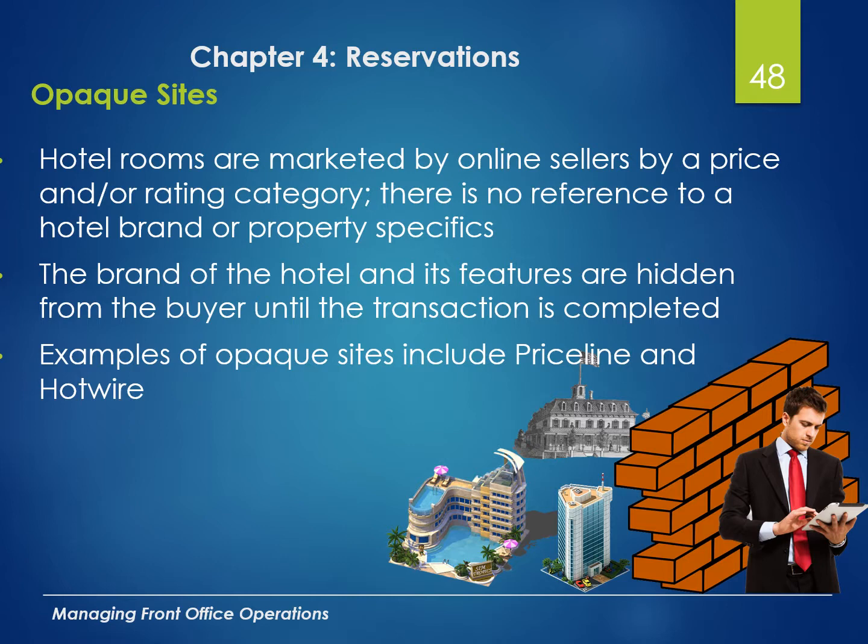But you don't get the actual information until you make the reservation and you pay for it. So an example, a few years ago, I was in Edinburgh, Scotland, and I used Hotwire to make my reservation. I just looked for a 3-star hotel, 4-star hotel, or whatever. I made my reservation, and then I got the name of the hotel and the address in the email as soon as I paid for the hotel.